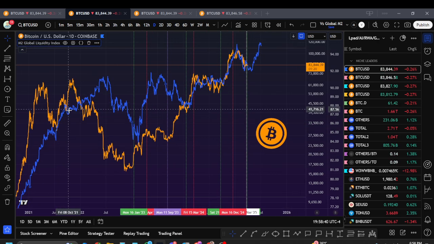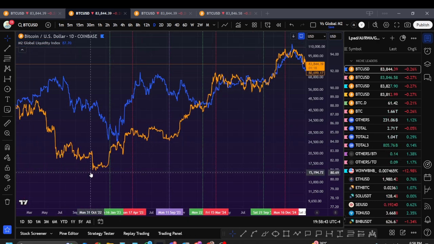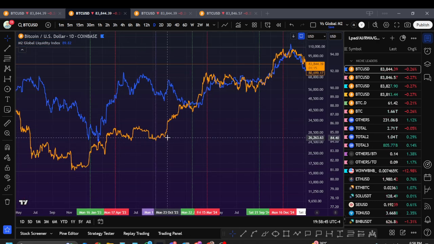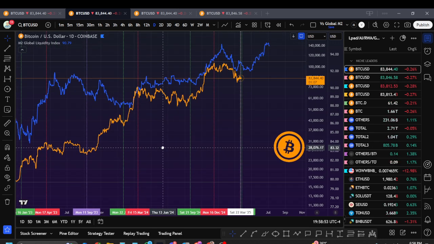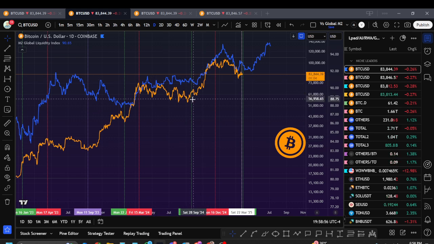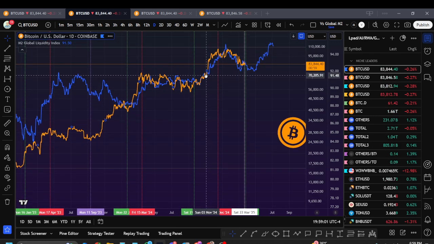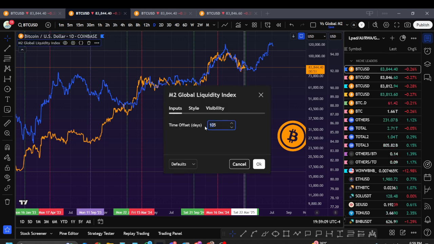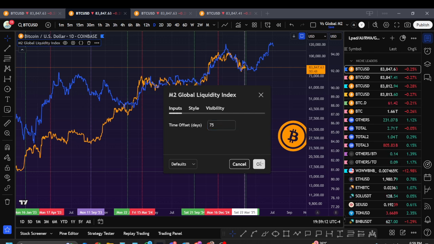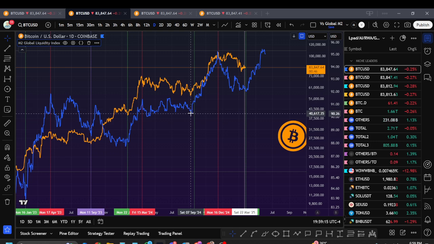but it's at least worth matching it up and seeing, right? Like this doesn't line up well. This doesn't line up well. Like this here doesn't line up well. So the bottom here doesn't line up very well. So I think the most likely scenario is the 75-day. 75-day looks to me like it's the most accurate. Now, like even with the 75-day, it isn't perfect either, but it's a lot closer.